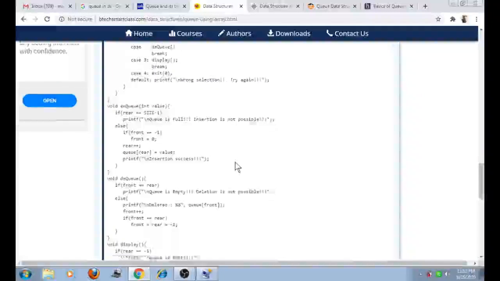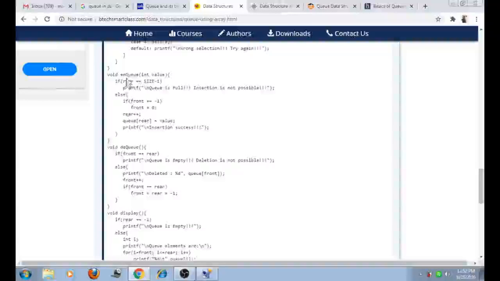Now here look at the definition of the enqueue. Here void enqueue, enqueue is inserting the element into the queue. Now here we pass the value to the particular enqueue function. So here we check if the rear equal to size -1. What is the size? It is 10. The value of the rear is -1. So -1 equal to 9?